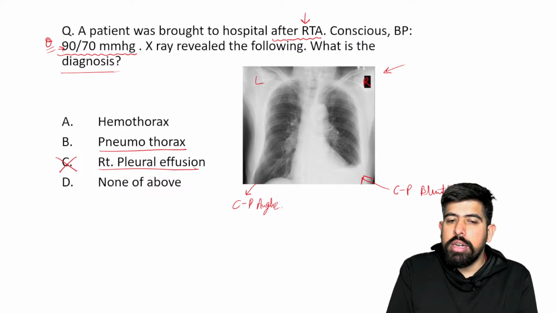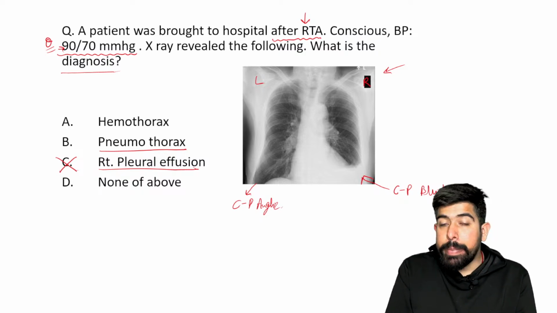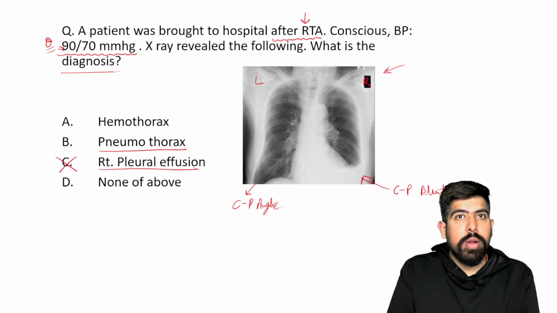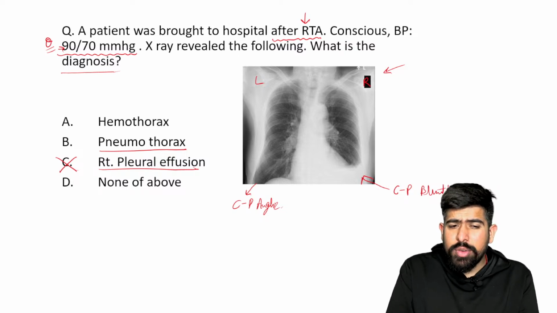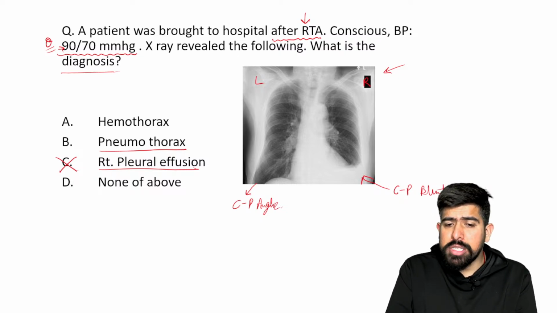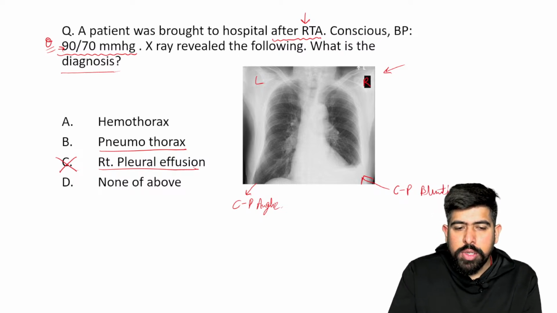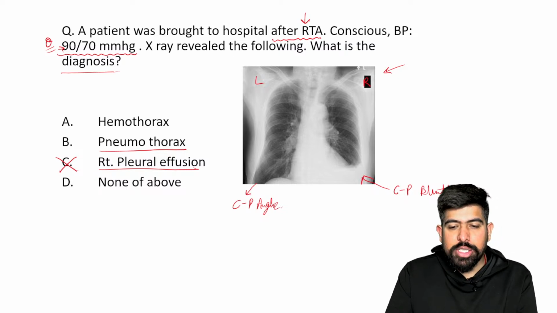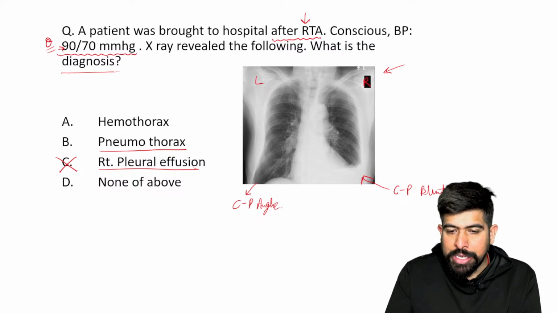As you find the keywords, RTA is there and BP is given, the lowering of the blood pressure, and your mind should ask why he is mentioning the blood pressure. If pleural effusion is there, is it decreasing the blood pressure? Is it possible? No. And also, why are they mentioning the RTA history also? For pleural effusion, they can mention some lung pathologies there.